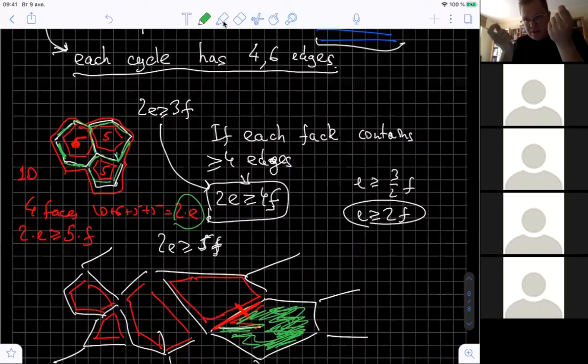Okay. So each of the edges belongs to the big face and also the small face? Yes, and the borders also. Yeah, okay. So each edge is just the border of two faces. And additionally, maybe I have some edges inside the faces, but it doesn't matter because if I double the number